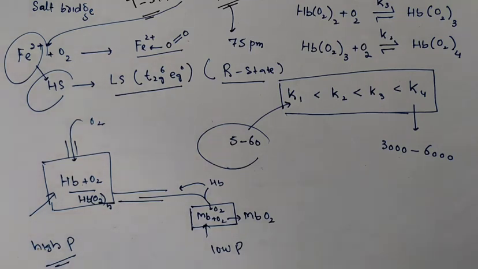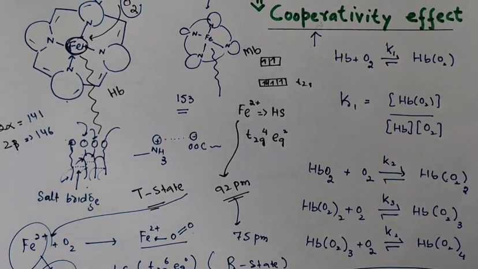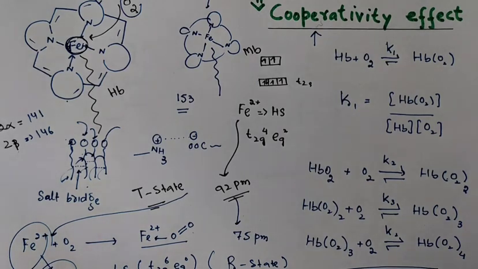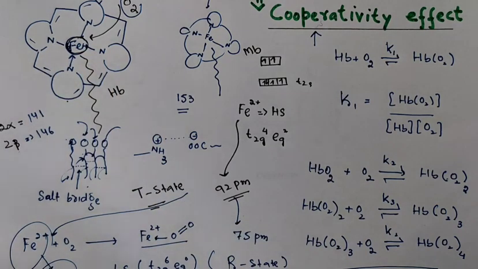That simply means that the binding of one oxygen molecule with one subunit of hemoglobin enhances the affinity for the next molecule to bind with the next subunit, and then the process continues up to the fourth. So K1 is less than K2, then K3, then K4. This way the affinity increases. So this is all about the basics of the cooperativity effect. Where questions come from, remember the size of this iron before binding and then after binding with the oxygen, and then